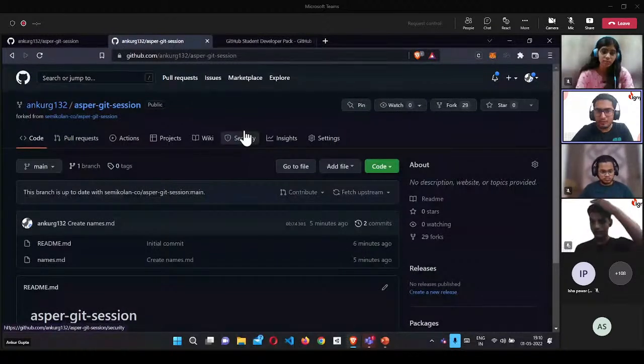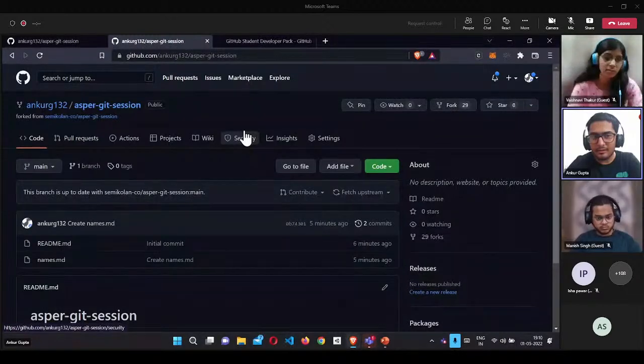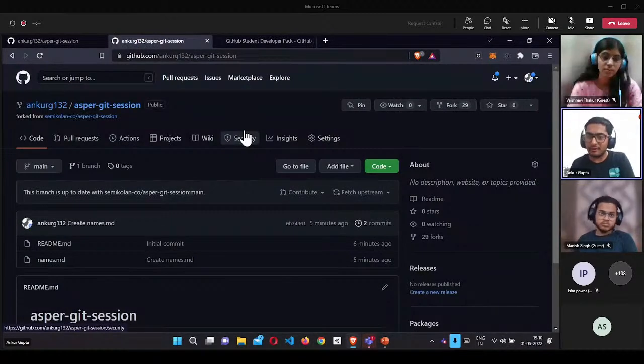Right now I've created it so that I won't make any unnecessary changes into the main organization. I fork the repository and I'll make changes in my own repository. And then afterwards, when I'm satisfied with the changes I've made, I'll make a pull request to the main repository. So essentially all the changes I'll do, they won't be reflected.